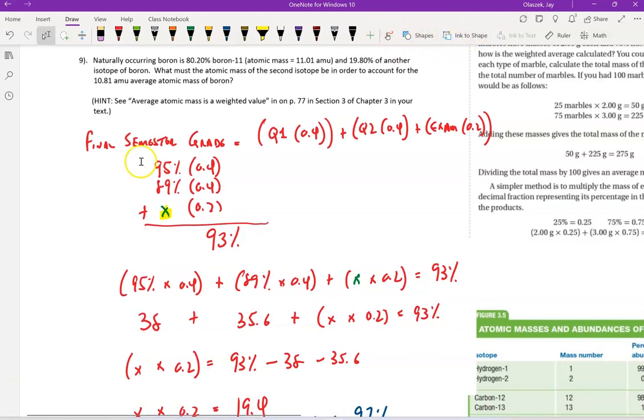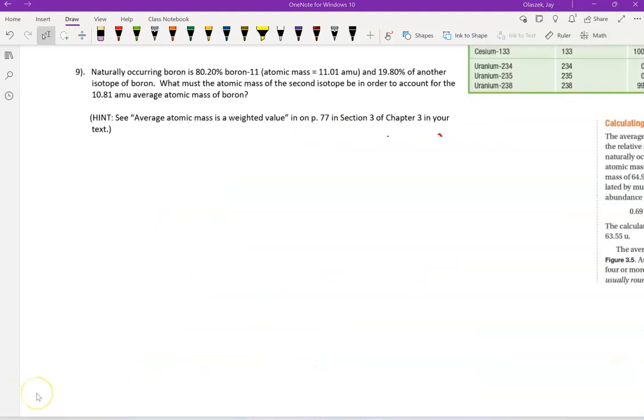And let me take a moment here to erase everything. Okay? So we're going to do the exact same thing for boron. Here's what we know. We know that on average, boron has an average atomic mass of 10.81 atomic mass units. Most of the boron has an atomic mass of 11. You can just round this to a whole number. What we're going to say is, okay, we know that 80.2% of the boron that occurs naturally has an atomic